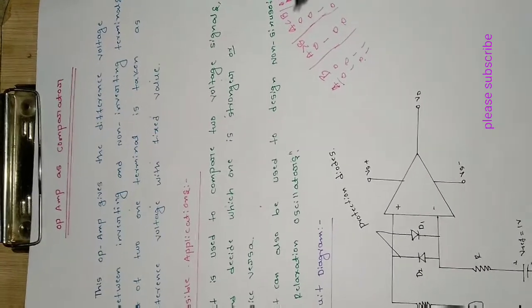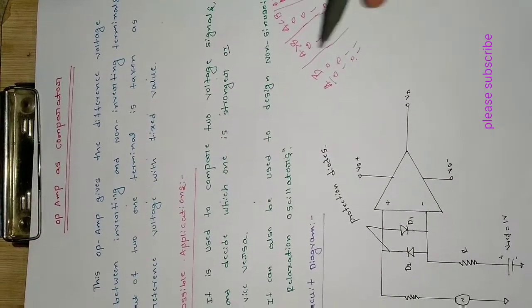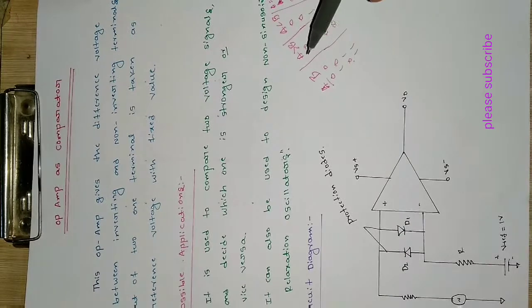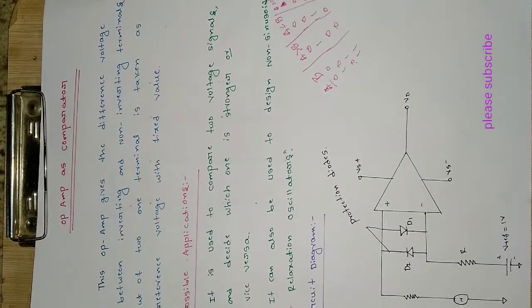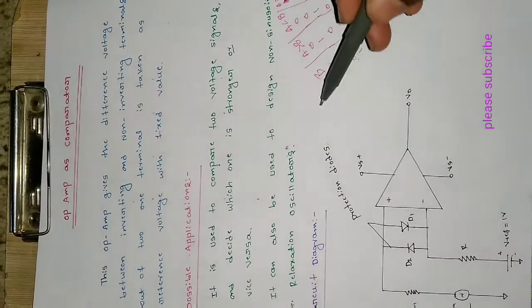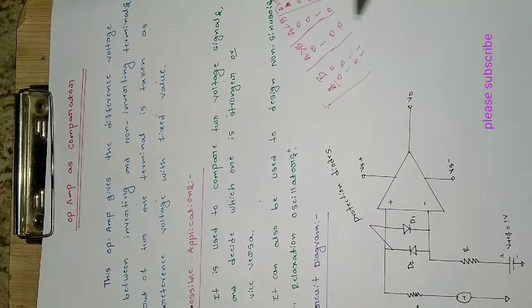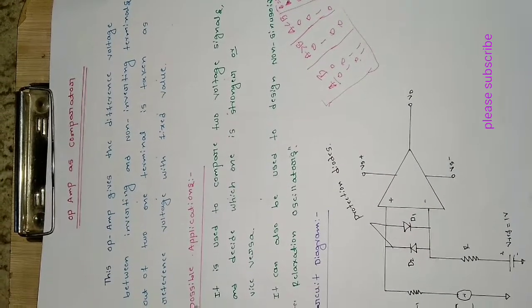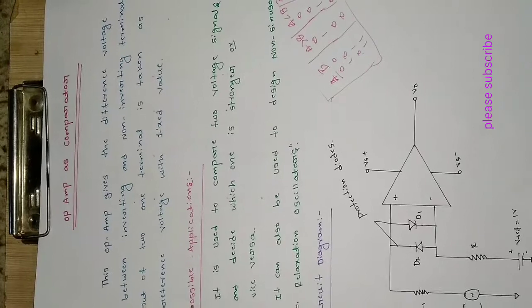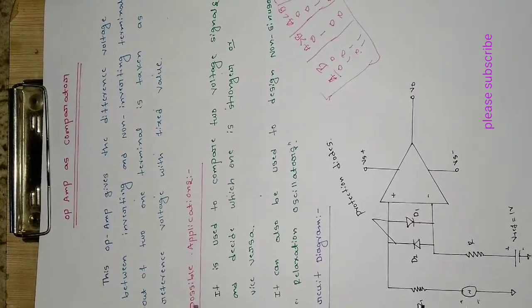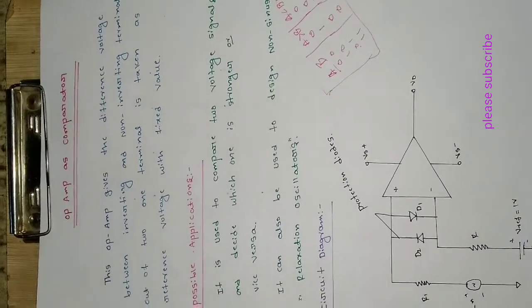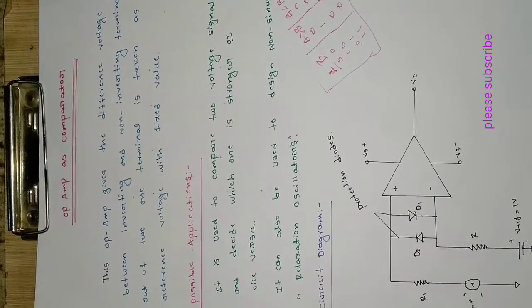So this is a comparator in a nutshell, I can say. So this is the digital comparator: a is greater than b, a is less than b, and a is equal to b. So this is how we can get a truth table for a comparator. But I want to use the operational amplifier as a comparator, which should do similar work, not the exact work.